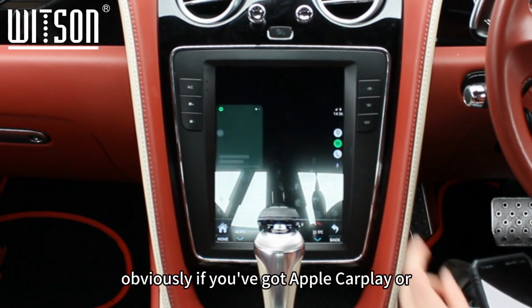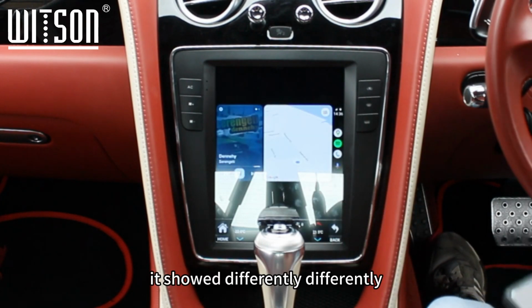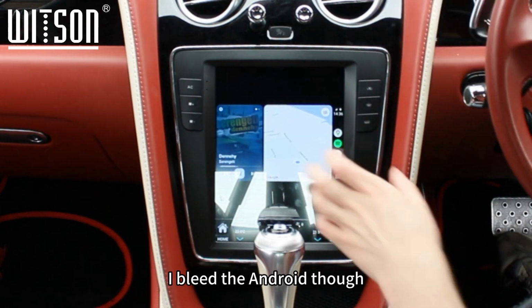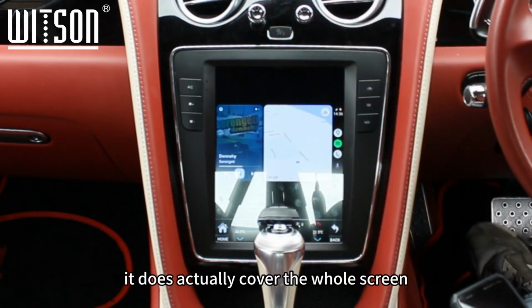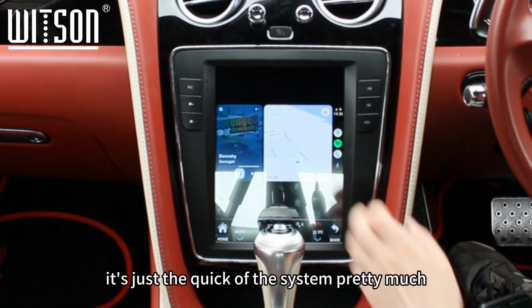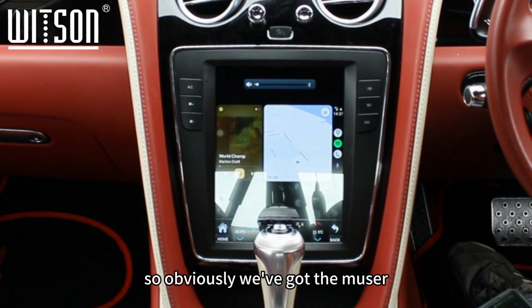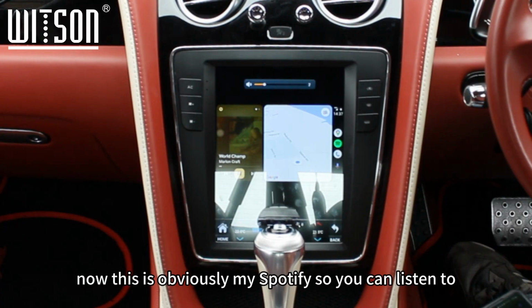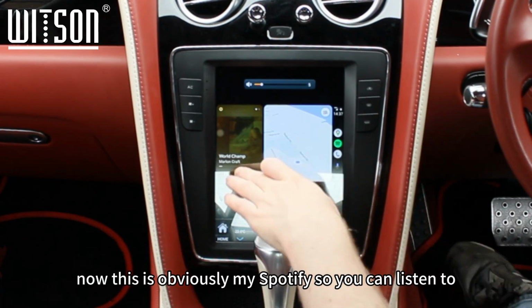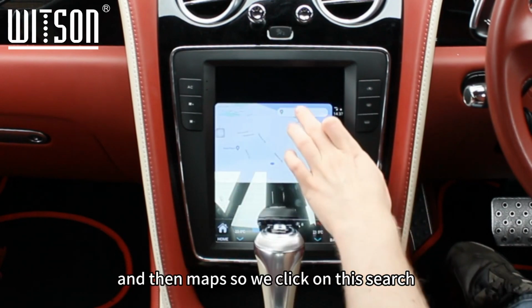Now obviously if you've got Apple CarPlay, it'd show differently. I believe the Android Auto is only this little small window, but if you get the CarPlay it does actually cover the whole screen. It's just a quirk of the system pretty much. So skip along, put my data on my phone for maps. So obviously we've got the music. Now this is my Spotify, so you can see what I'm listening to. And then maps, so we click on this, search,